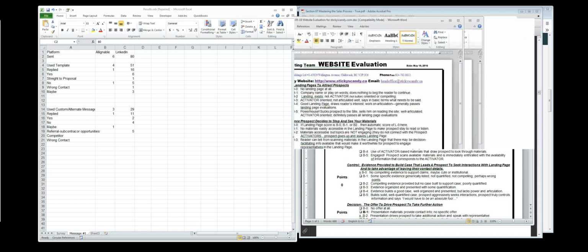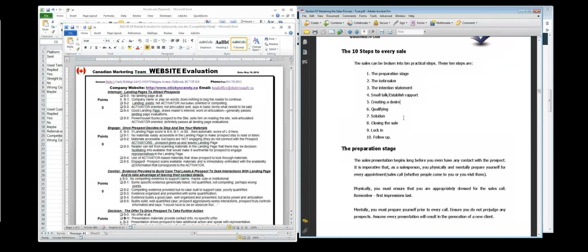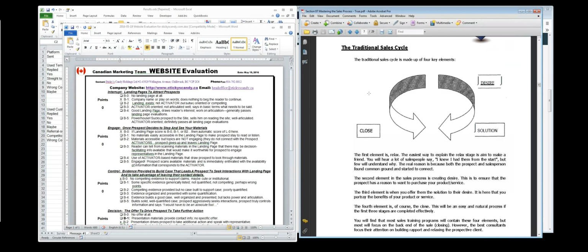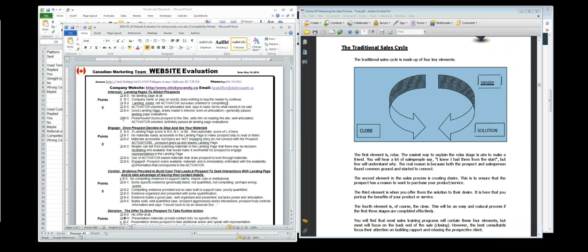Because remember, what are we doing here? We're following the sales process, which is relaxing. We're going to relax them, so that they know we know what we're doing. We're going to give them a desire, that everyone's desire is to be at a B4 and a B5 in everything they do.